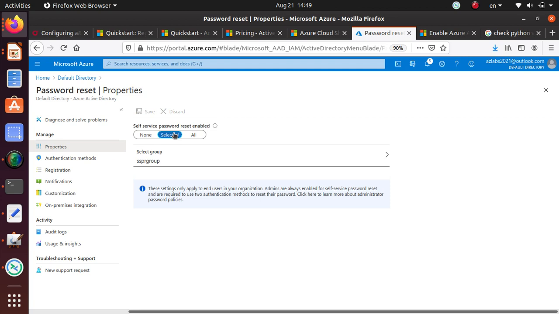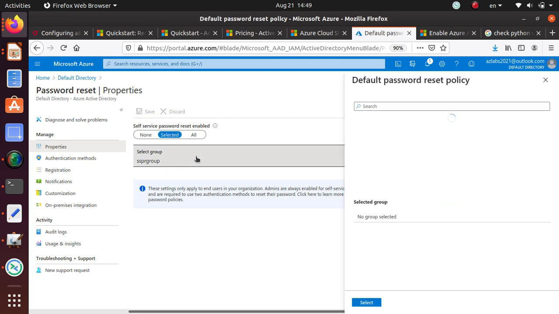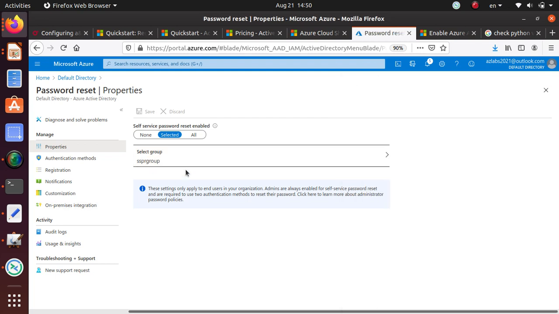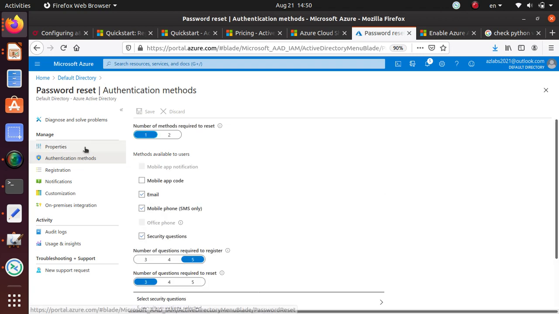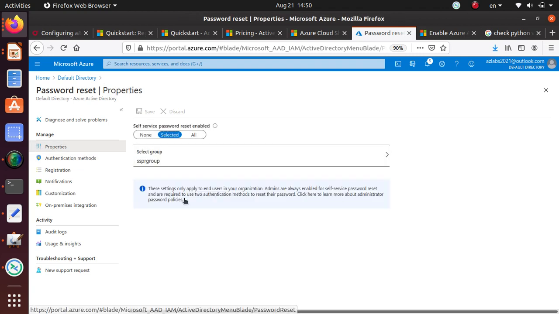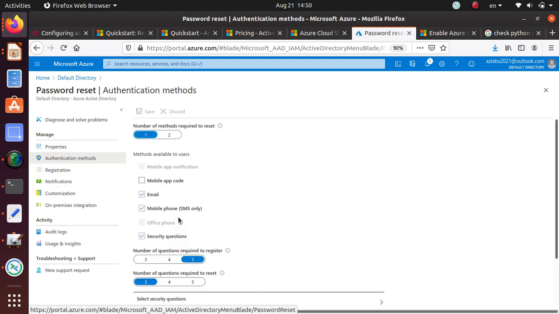If it's all, just go ahead and use the select button, and here select a group. I created a group, SSPR, self-service password reset group. I'm going to use that group, and in this group I'm not changing anything, so you have to save it. And once you have that, you need to come down to the authentication method,